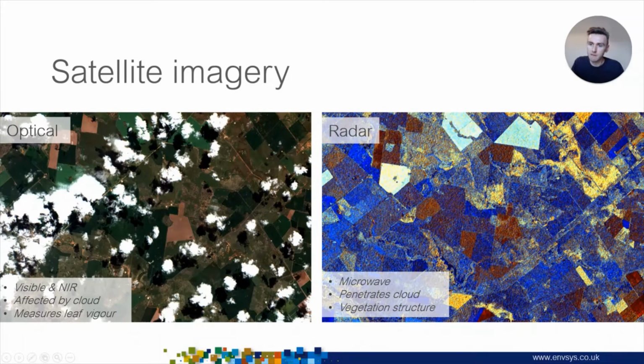When it is cloudy, the image will be compromised, causing gaps in the data. Radar imagery is a bit different. Think of it as how our hands would feel the earth, how rough, how wet, or how smooth it is. Radar imagery provides information on the structure or texture of the land surface. The unique selling point of radar is that it is not obscured by cloud cover, so it provides a continuous and uninterrupted source of data. This is particularly useful for monitoring grassland fields where cloud cover is persistent and regular data is required.